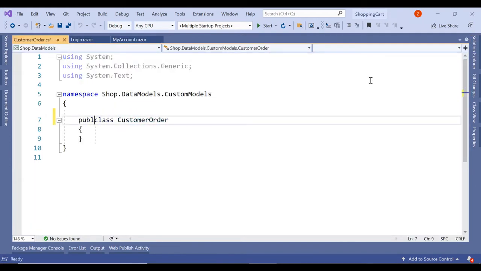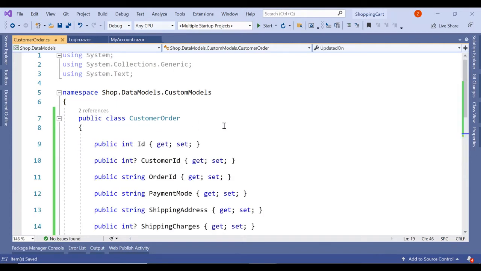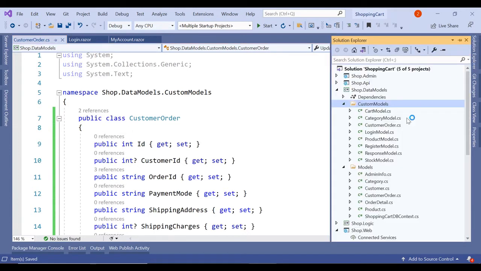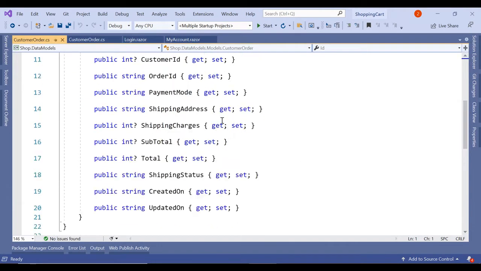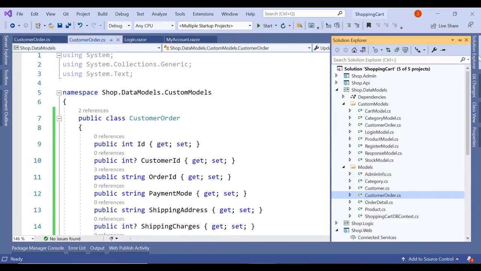Let's make it public. So here I've created this customer order. Okay, I think we are creating a duplicate here. So instead of customer order, we already have this customer order in our models, so no need of creating another model in custom.